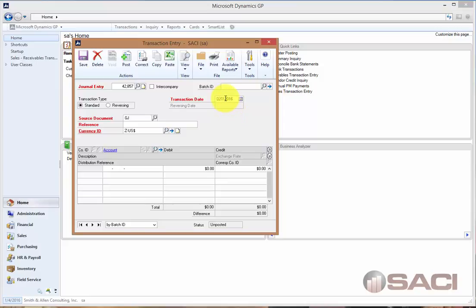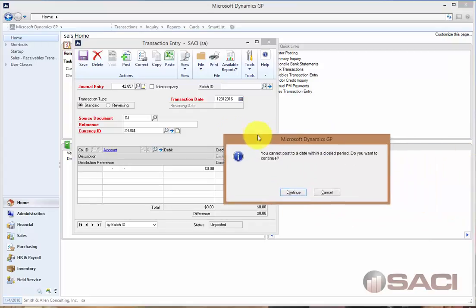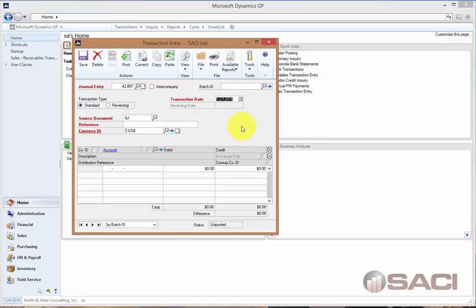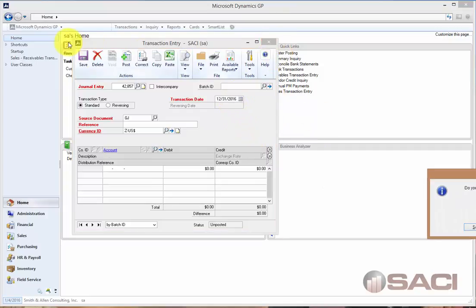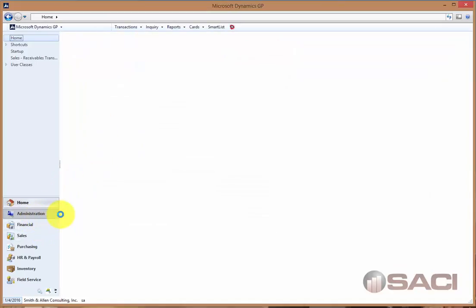The problem is this time of year, if I want to get something in for December 31st, look what happens. Now what I've done is I've protected myself and said, oh, that's a closed period. So let me show you what I've done. Let me delete that, go into administration,